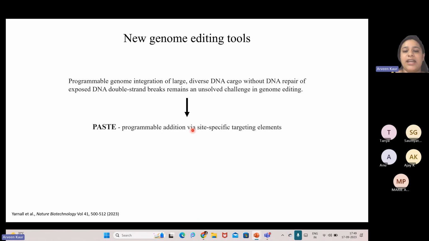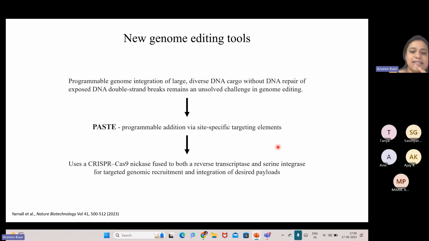So for this, what they have done is that they have basically made a tool that is known as PASTE. What does PASTE stand for? It is a programmable addition via site-specific targeting elements, right? What it does is that it uses a CRISPR-Cas9 nickase, which was basically made by these individuals in the